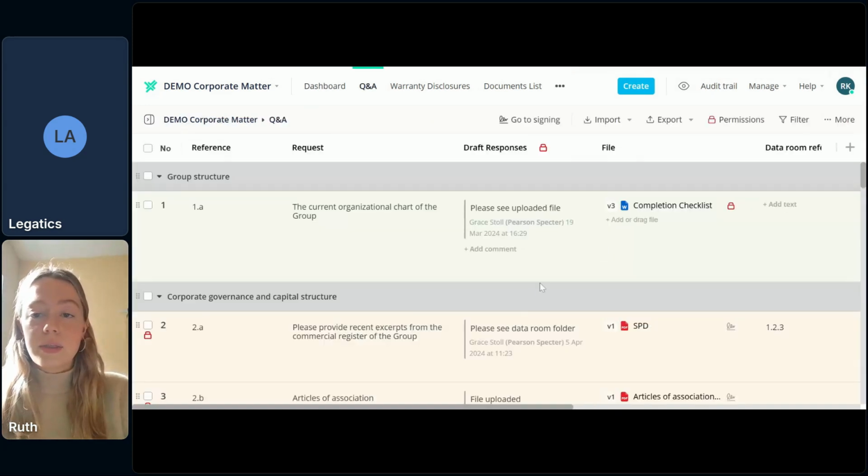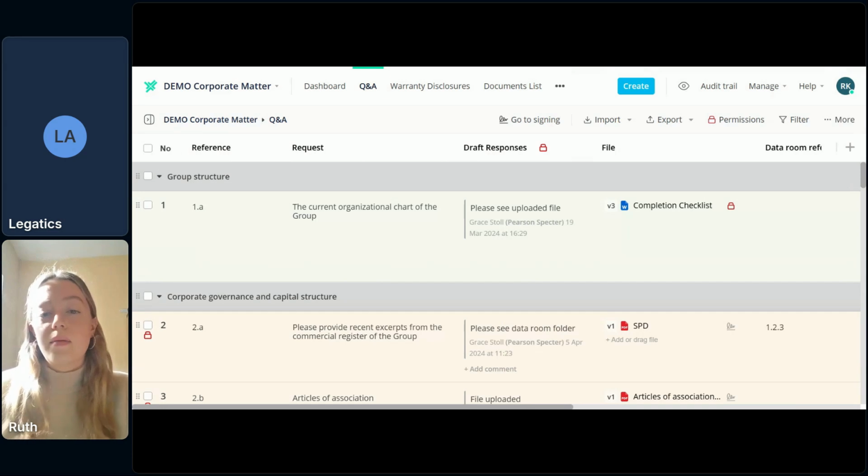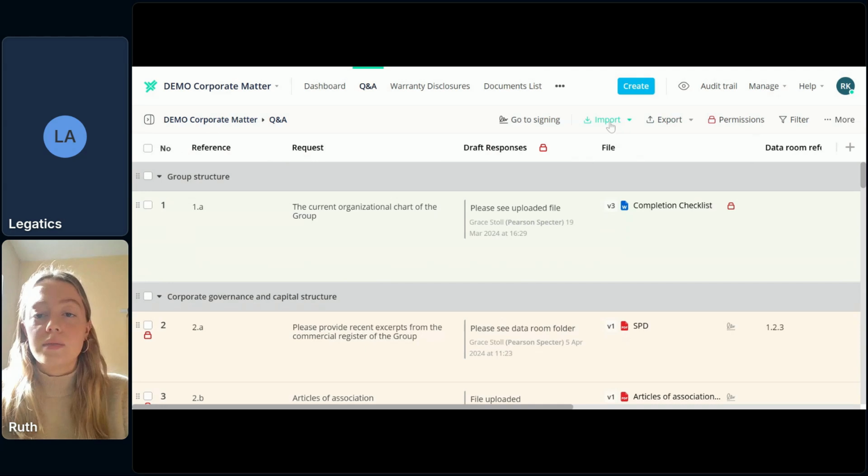One of the final things within the list that I want to touch on is creating that binder at your closing set and being able to export the list at different points. So once I just have my list view here, I can also import and export information. So if I have, for example, another table, or if I have another list of requests that I need to add into my